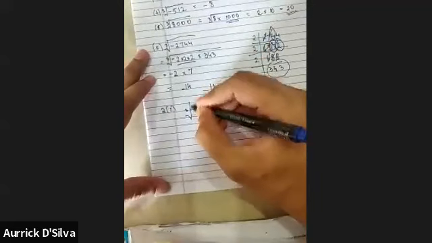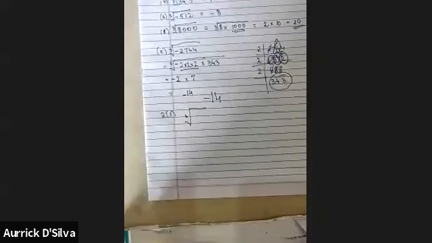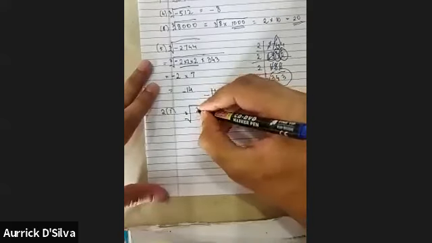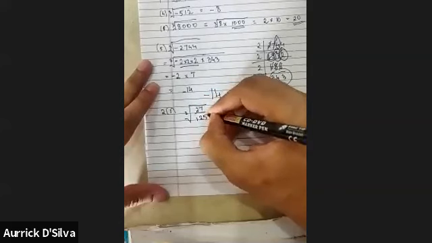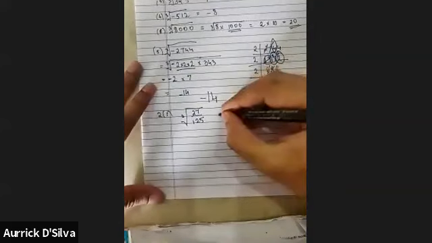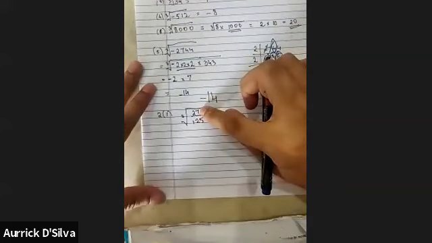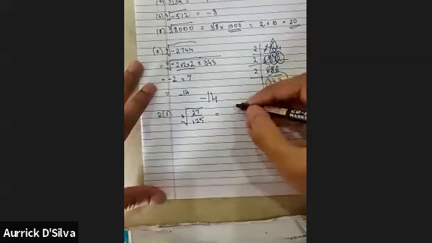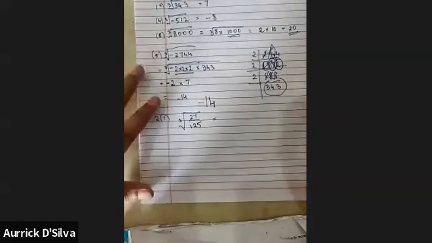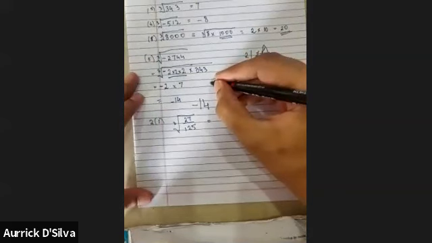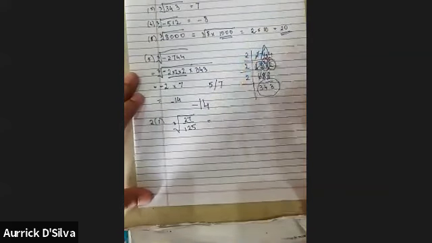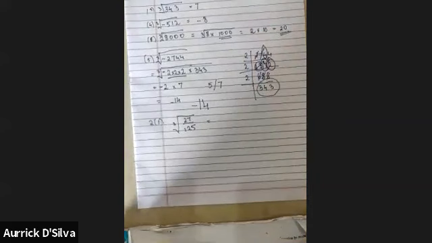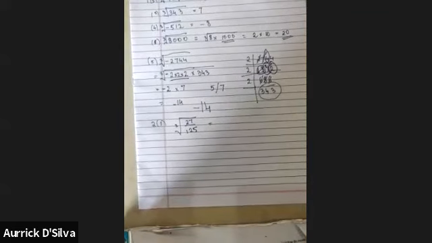Question 2, first one is cube root of a fraction. Okay, it is 27 upon 125. Now it's very simple. What you can do is you can find the cube root of the top part, you can find the cube root of the bottom part, and just write the answer here. So come on, I think this you can tell me clearly. Question is cube root of 27 upon 125. So quickly tell me what will be the answer as a fraction. In the message, you can write it like this: 5 upon 7, something like this. So I'll come to know what is your answer. Okay, quickly everyone, tell me what is the answer of cube root of 27 upon 125.